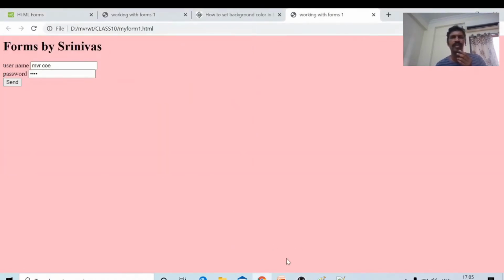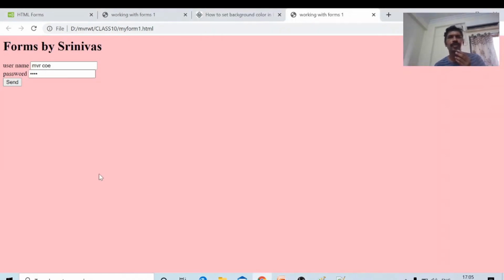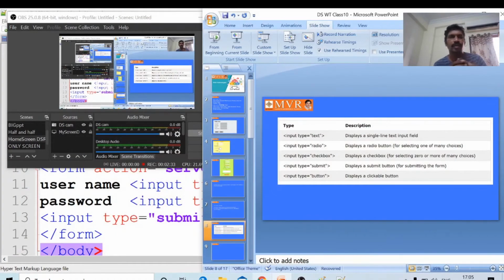Next attribute we will see in this PPT. Next one is radio buttons. Suppose I want to read whether the gender of a person is male or female. The purpose of the radio button is that I give the radio buttons male and female, and only one choice is possible. In such situations we use radio buttons. In order to select among these two, only one value.